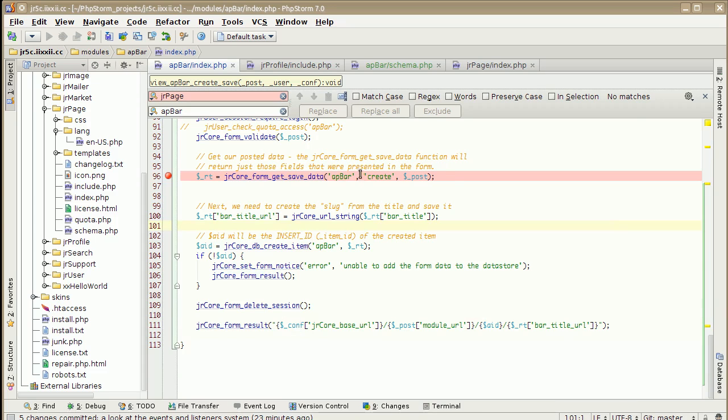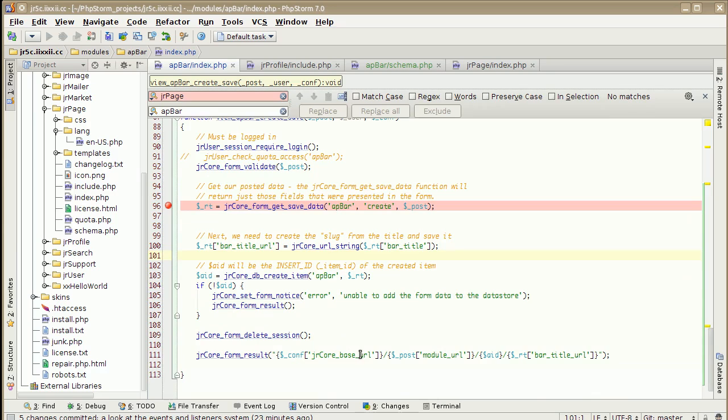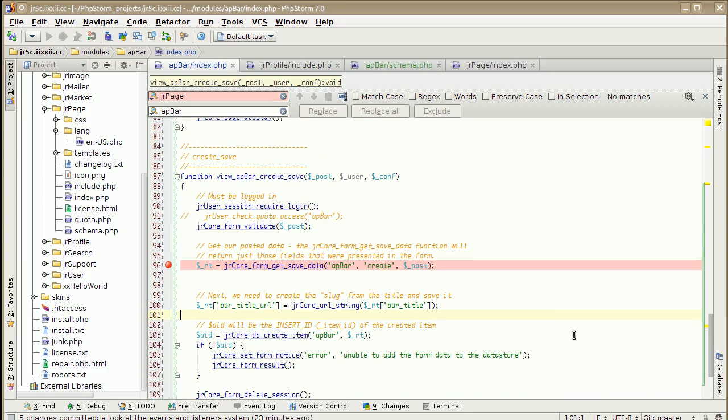this config file. We've got that as one of our options up here. The base URL for the system, the module URL that we're dealing with, the ID that we just came in on, and the title that we just created. So if we walk through that right now, put that debugger on there and come back up here,